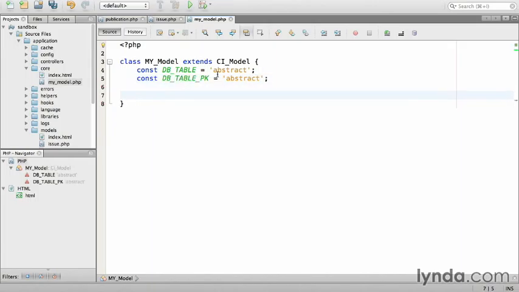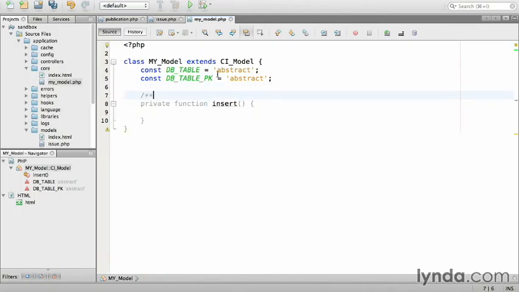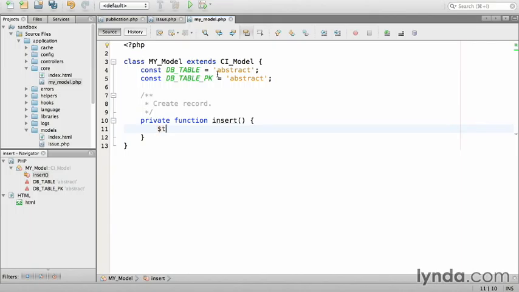Next, I'm going to create the four CRUD methods. I'll start with create, which will be an insert method. I'll make it private, as I'm going to have a more unifying save method that will determine whether to call insert or update. As in documentation, create record. I'm going to use this->db to access active record, then the method insert, which takes two arguments. The name of the table, then as a string,